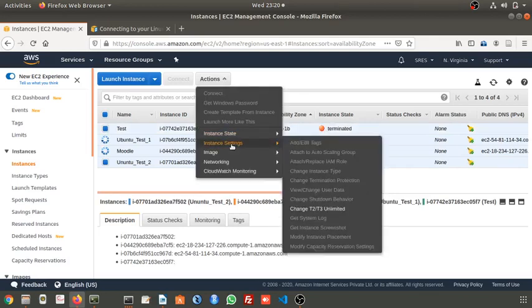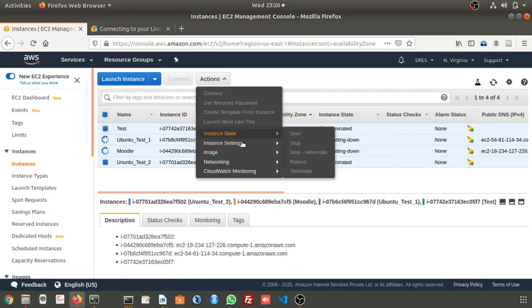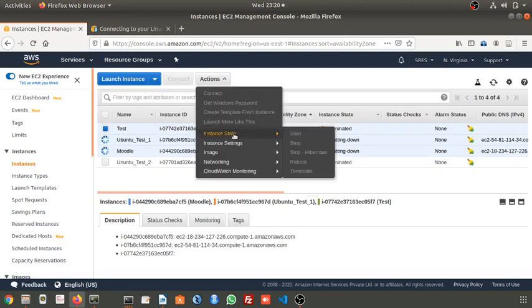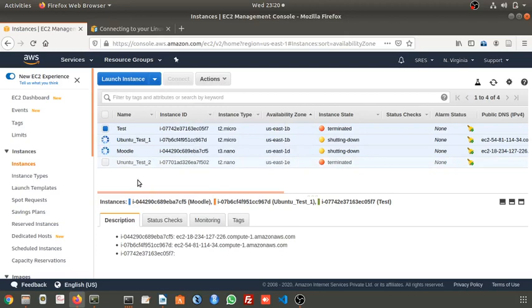For one instance the default size is 8 GB, but I have selected 20 GB, so some 12 GB extra size I have chosen. If you don't terminate and just stop it, charges for that extra 12 GB will be applicable. So once you complete your practice, better to terminate your instance.